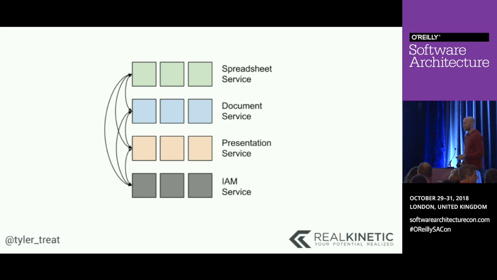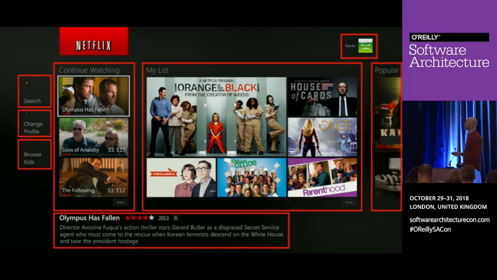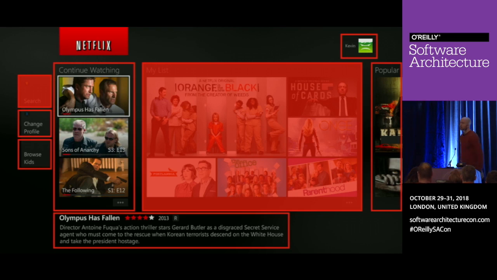And so what happens when we need all of these parts of the system operating in order to make progress, and one of them inevitably fails? And I'm not even talking about just the UI or the UX implications of this. In the case of Netflix, if the list service goes down, hopefully I can still watch my TV shows. But what I'm really talking about is when we need all the parts of the system working in order to make meaningful progress. And so if we're not careful in how we architect our systems, we can end up with very fragile